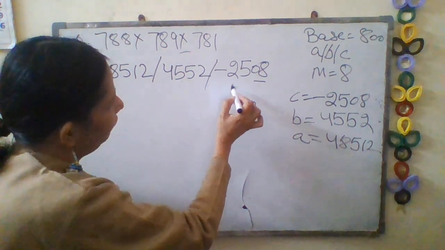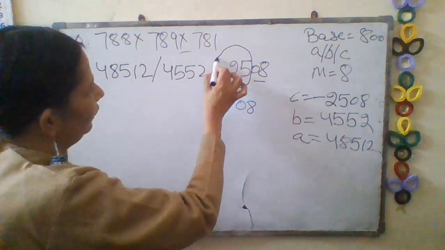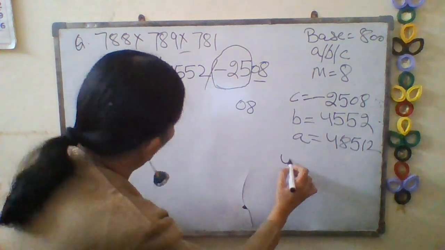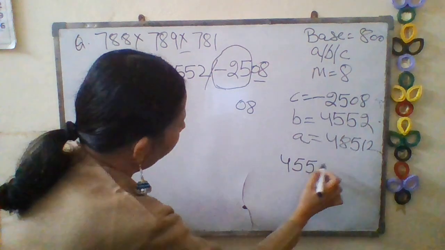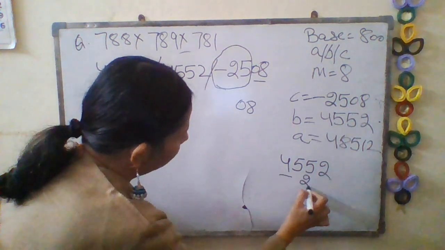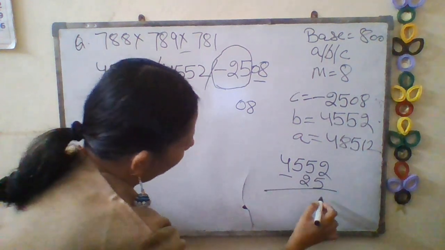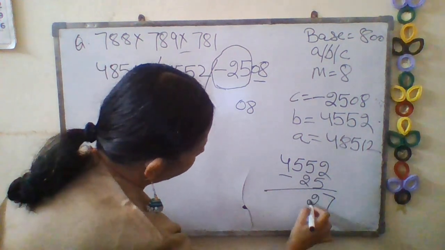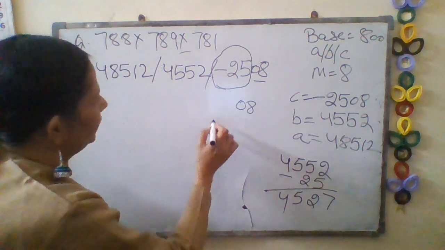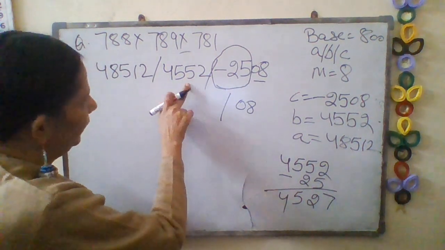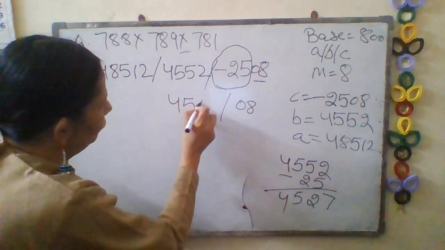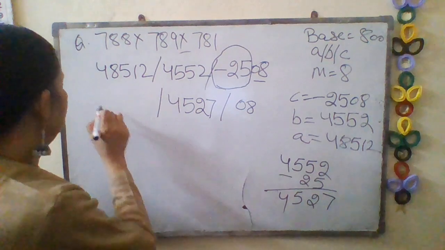Look at this 25. Okay, this 25 is extra, minus 25. This is minus 25. So what will you do? 4552, B part, you will write down here. Then you will do here minus 25. Okay, here you will get 4527. So slash. Now in place of 4552 you will write down here 4527, slash, now